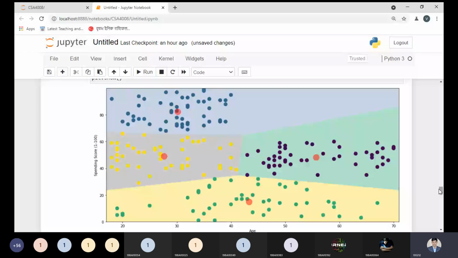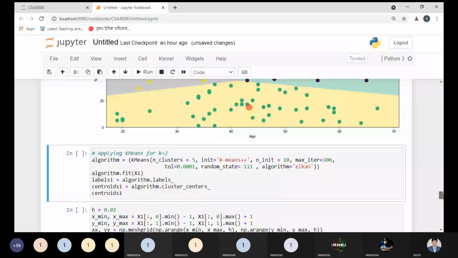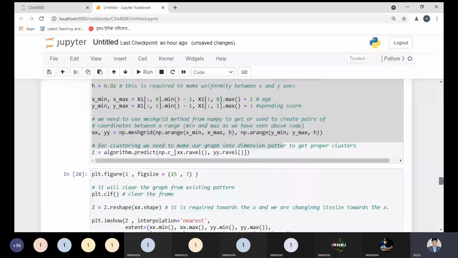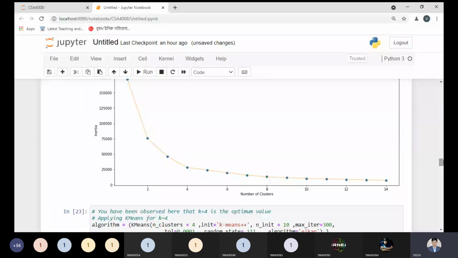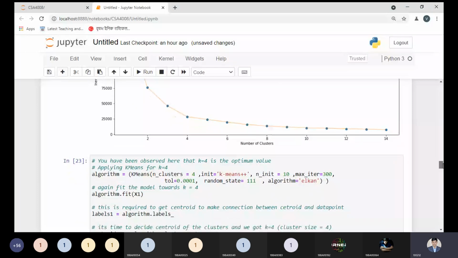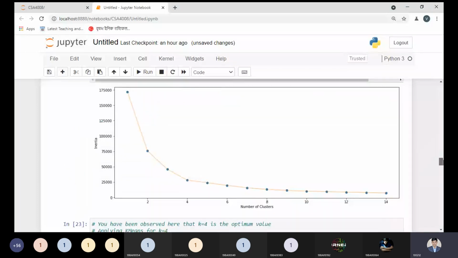So now, suppose a student says to me, "Sir, no, I do not like this one. Cluster size should be 4." According to his or her requirement, cluster size should be 2. Am I right? You want to see this part? Cluster size should be 2 or 4. Or just tell me any value of the cluster size now. I can update it. Just tell me right now. Any value.